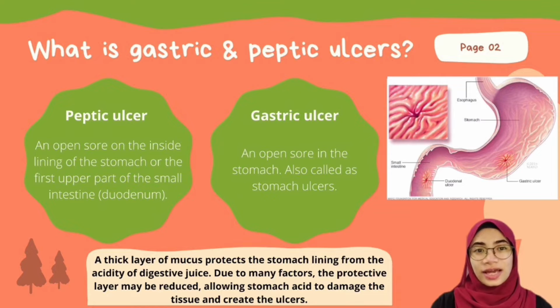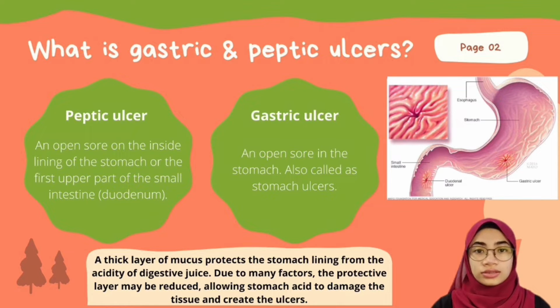What is gastric and peptic ulcer? Peptic ulcer is an open sore on the inside lining of the stomach or the first upper part of the small intestine, the duodenum, while gastric ulcer is an open sore in the stomach, which is also called a stomach ulcer. There is a thick layer of mucus that protects the stomach lining from the acidity of digestive juice. Due to many factors, the protective layer may be reduced, allowing the stomach acid to damage the tissue